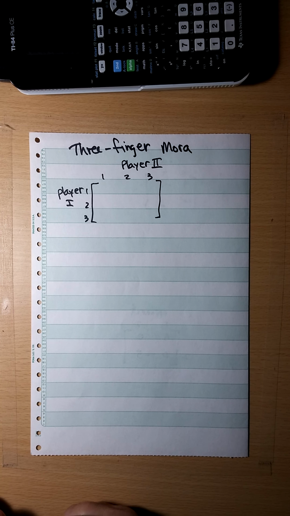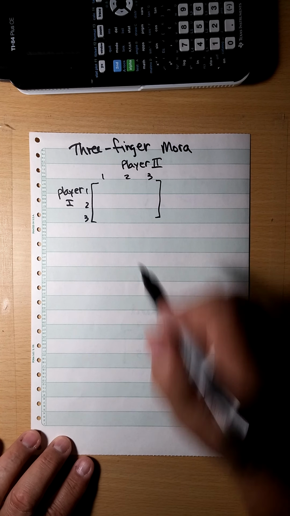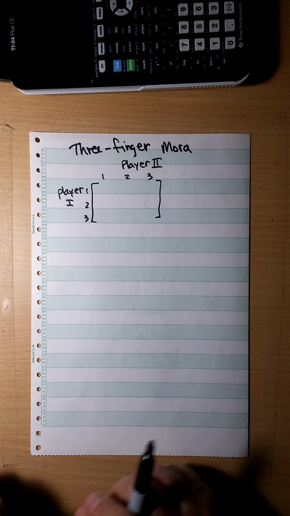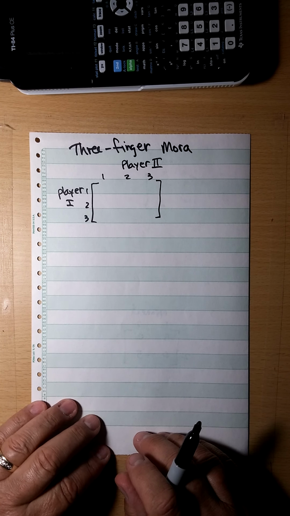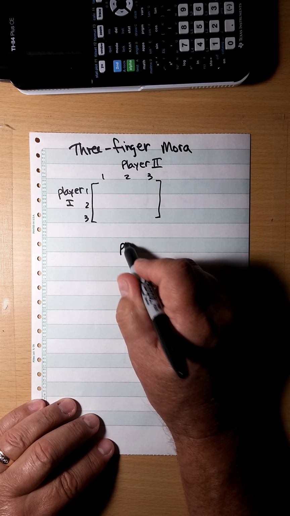Continue with 7.4, game theory part 1 here. Three-finger Mora is similar, except now we're going to have 3 choices for each player. And the payoff, I guess, is going to be that player 2 is going to pay player 1 the difference between the fingers shown. So the payoff is going to be player 1